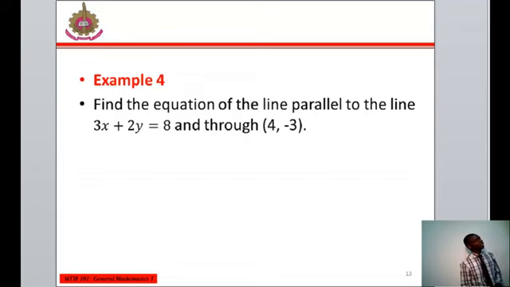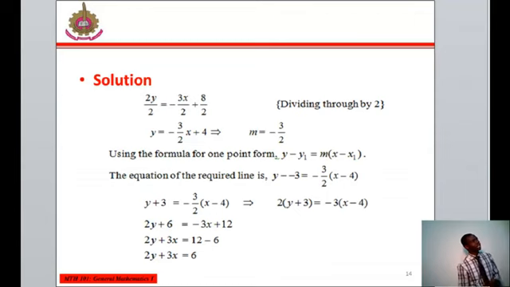Let's see this example. Find the equation of the line parallel to the line 3x plus 2y is equal to 8 through 4, minus 3. The first thing is for you to obtain your value of the gradient from the equation you are given, and that was how we were able to come to a number for the gradient for the equation, which is minus 3 over 2. After that, you make use of the formula for 1 point, because if you want to obtain the equation for a line through 1 point,